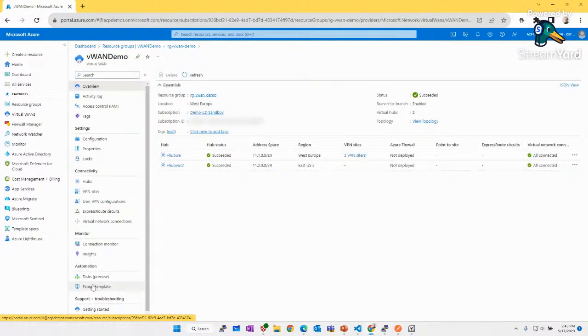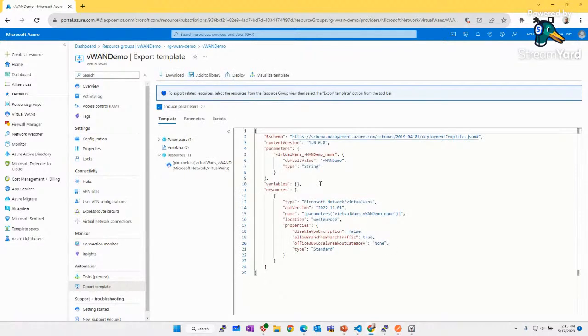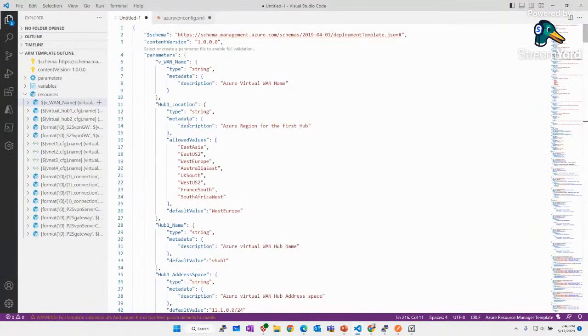You also have the ability to export your current configuration. It's not really useful. It's useful, yes, for sure, but you cannot use it in another environment because you only have the ability to export the virtual WAN service itself, without a hub gateway, without the configuration and so on. But it's available, you can use it, you can implement everything.